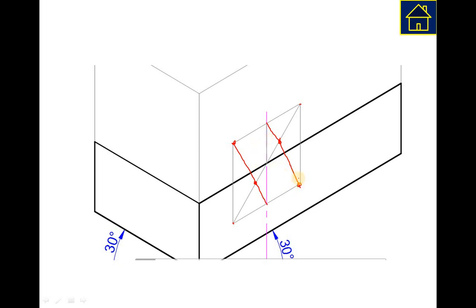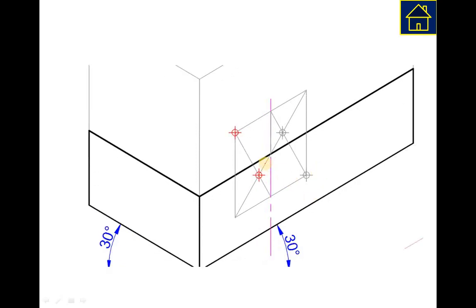So four centers I'll get, but remember I need to draw here a semicircular portion, and that's why I will use only two centers here. One is this and another is this. Let's see. So four centers are this, but these red color centers I am using, and that's why I am taking this much radius here. This much radius I am taking, and I am completing the curve here like this. And then I am taking the second center like this, and radius is up to this. This total radius I will take, and I will complete this curve.